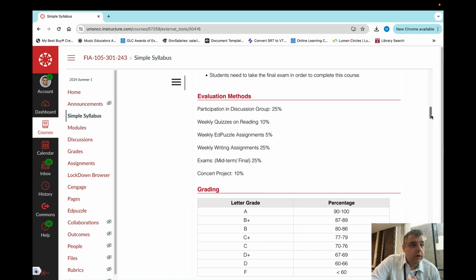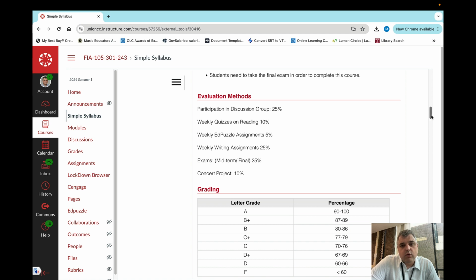We'll have weekly quizzes that are based on the reading, okay? You'll have 2 a week, and they're about 30 questions each. They're all multiple choice. With each of these quizzes, you'll have 2 attempts to take the quiz. Okay, and what Canvas will do is take the higher of the scores. So say you take the first quiz on the music of the Middle Ages, and you bomb it, you fail it. You can go back a second time and retake it, and hopefully you'll learn. And say you get like a B. Well, Canvas will record the B for the quiz.